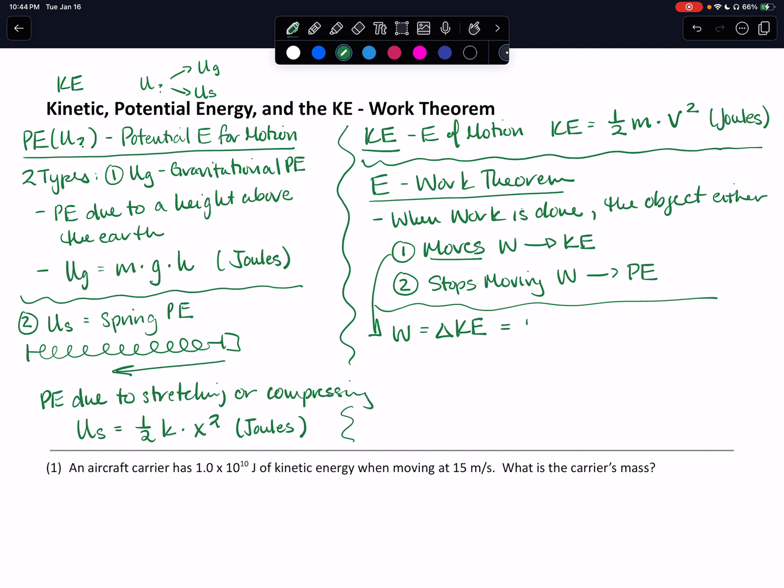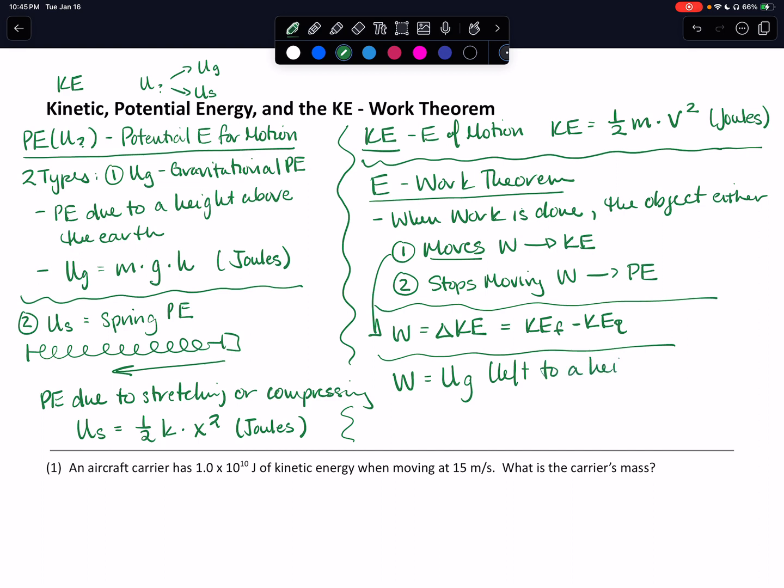So in other words, we have the kinetic energy final minus the kinetic energy initial. And we know what kinetic energy stands for, 1/2 mv squared. So we can plug that in and then solve for V initial or V final, depending on what the problem is asking for. Our other option is that work is done to stop something from moving. So if we lift something